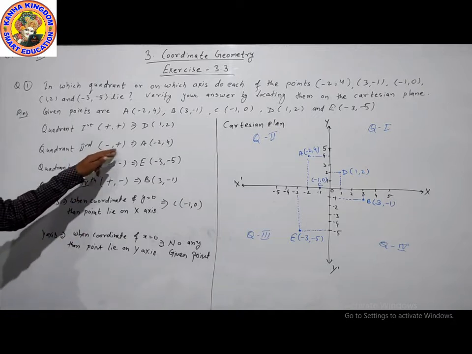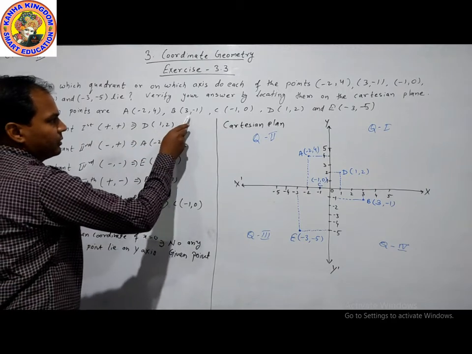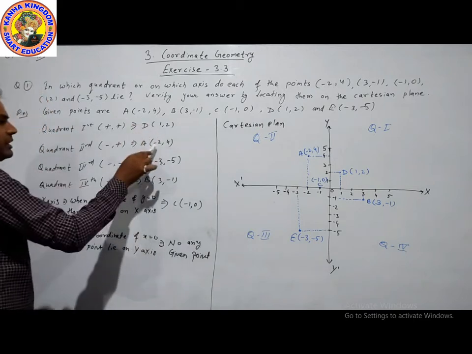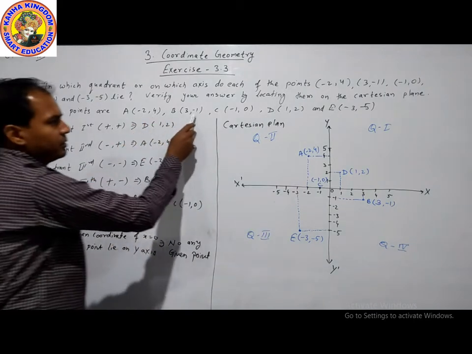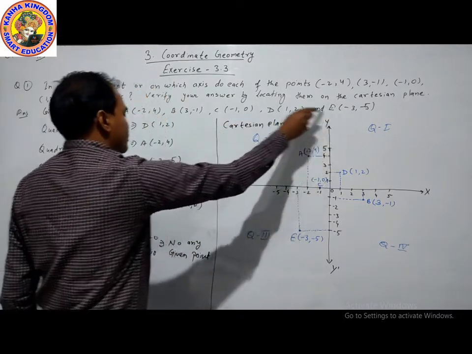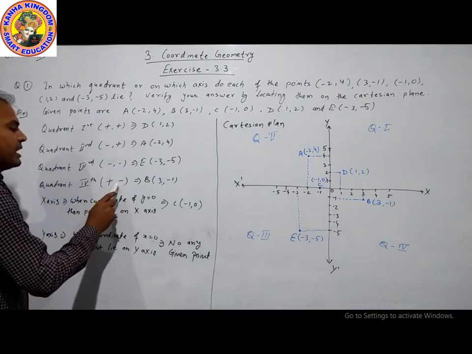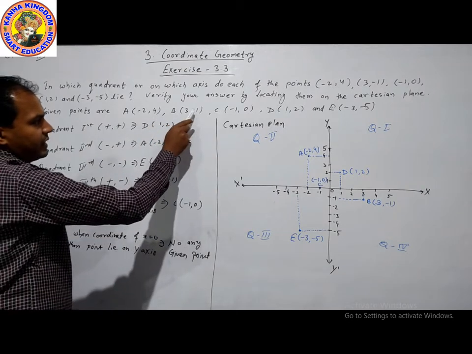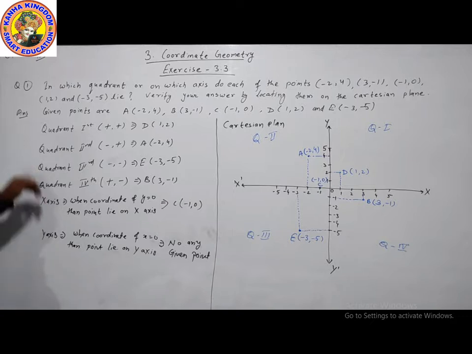Now, looking for minus plus. Here is minus plus. No, no, no, no. There is only a single point in minus plus. Now, looking for minus minus. No, no, no, no, yes. These both are minus minus. So, point E is in minus minus. Now, looking for plus minus. This one, plus and minus, point B. These are the points in the quadrants.